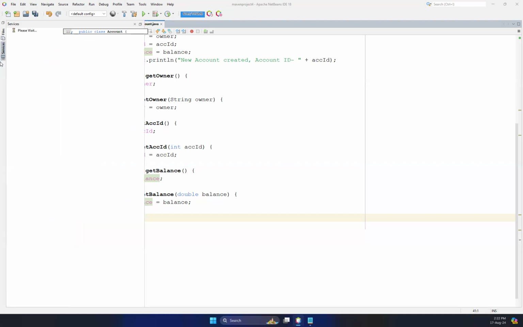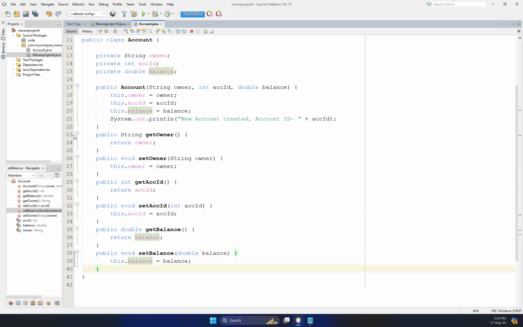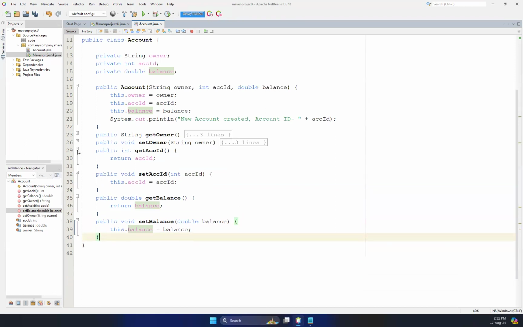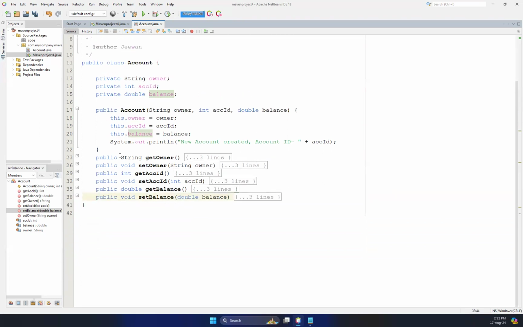Since it takes time, I'm going to write it. Okay, one of you has sent me the answer. So right now, let me hide these getters and setters quickly for the time being. This is the constructor. These are the getters and setters. And then I want to have a method called, let's say, public void deposit. And then you need to get the amount, let's say float amount, or if you get the double amount,